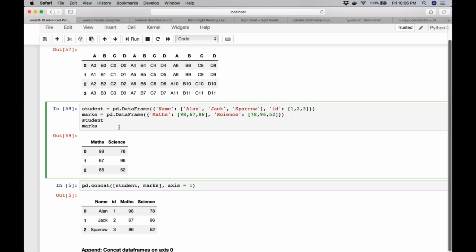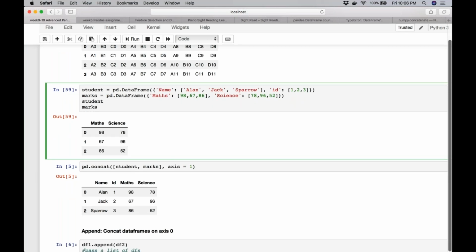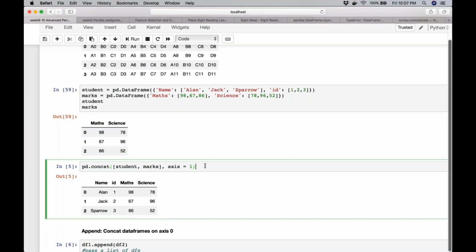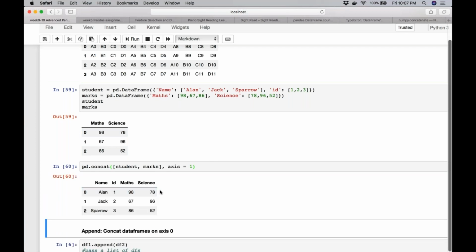But let's say, just for the sake of theory, we have two data frames. Both have two columns and three rows. So exactly in a way it is aligning, and even the indices are the same, 0, 1, 2, and 0, 1 and 2. If I use concat, this is the kind of data I get. So my rows are getting aligned.